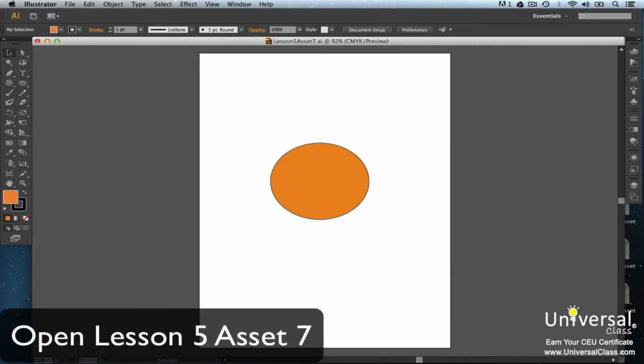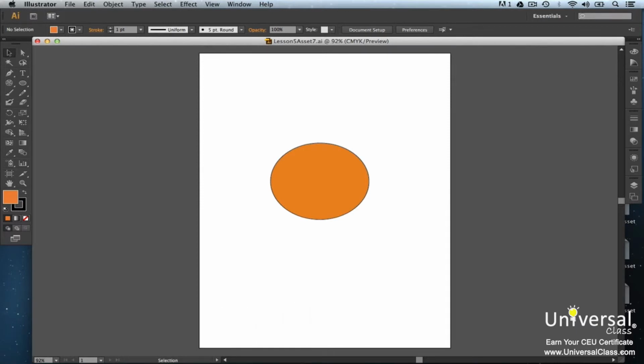Transforming shapes in Illustrator is easy, and it can also be fun. Here we have a shape. If we want to transform or change the shape, we're going to go to the Free Transform tool. You must first have the shape selected, then click on the Free Transform tool. Once you've done that, you'll see a bounding box around your shape. Click on one of the corners of the bounding box, which are the little squares, and hold your mouse button